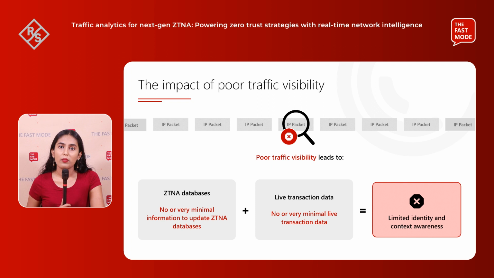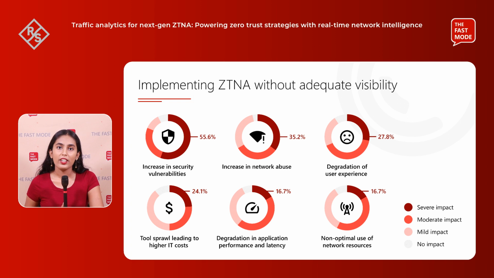This lack of insight undermines the core principles of Zero Trust, which rely on continuous verification and validation of user identity and context. This is exacerbated by encryption and the use of anonymization tools such as VPNs, which further conceal traffic information. So a lack of traffic visibility impairs ZTNA's ability to detect anomalies, identify unauthorized access attempts, or respond swiftly to emerging threats. It makes it challenging to differentiate between normal user behavior and potentially malicious activities, such as data exfiltration or lateral